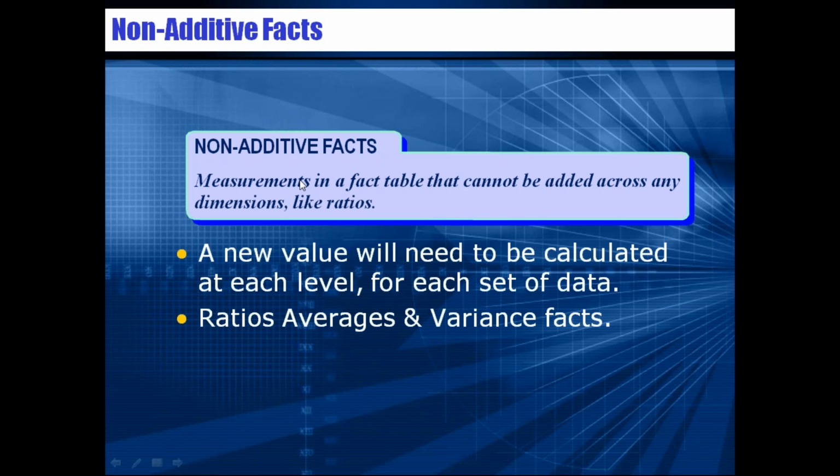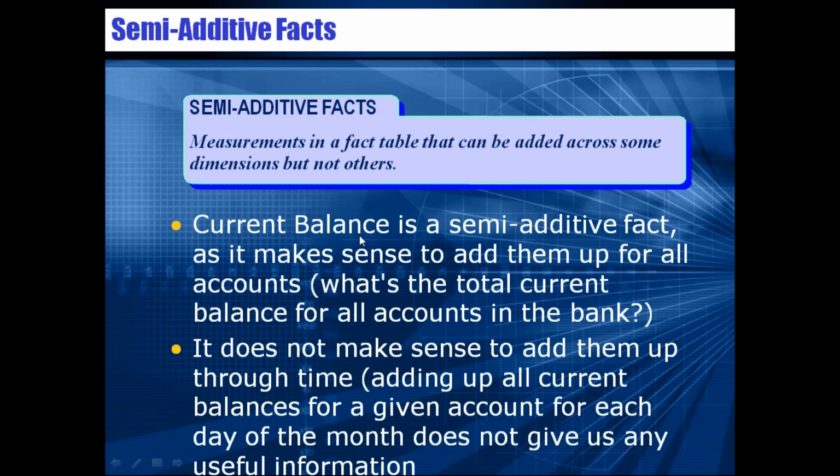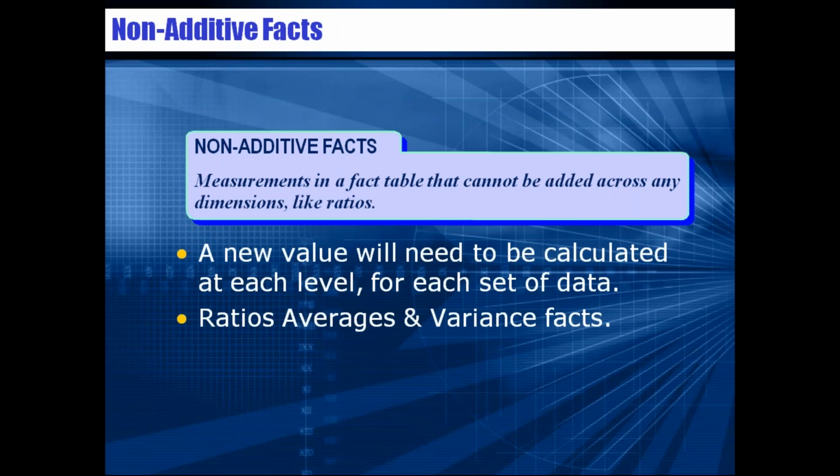You understood the semi-additive, right? Yes. Okay, so current balance, at least I can add based on the customer dimension but not on the time dimension. But if you consider an order number, can you sum it based on any of the dimensions? If I sum the order numbers of a particular customer, am I going to derive anything? Or for a particular period of time, if I sum up all the order numbers, am I going to get any fruitful result? So on any dimension, you cannot derive the sum of order numbers, receipt numbers, or invoice numbers,